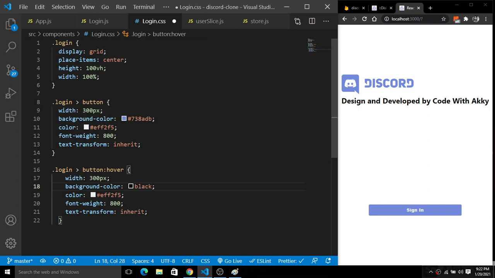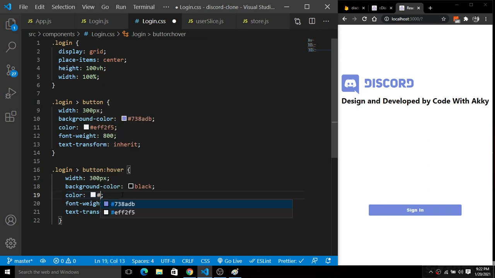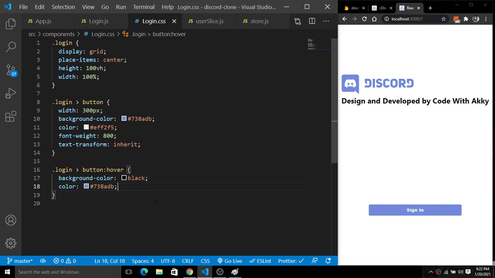And we'll change the text color to the color of Discord here. Delete this thing also, and delete text transform and everything from here. Now save this.